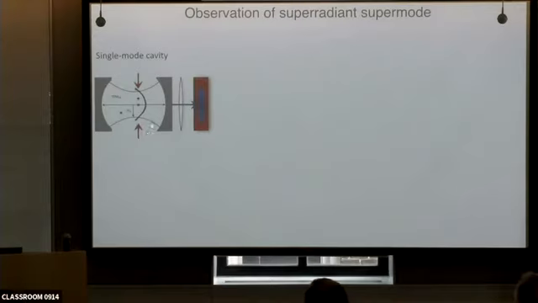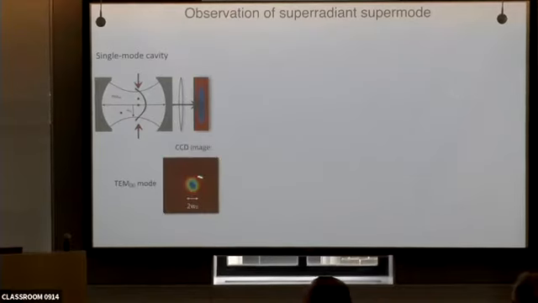If we do this experiment with a single mode cavity, which we can do, we just take our experiment and separate the mirrors so that you only have one mode present. That's just a turn of a knob in the laboratory. Then you always get this Gaussian mode no matter what. This is the image that you get on your CCD camera. It's always a big fat Gaussian with 2 times the waist. There's nothing that changes no matter how we pick up the atoms and move them around.